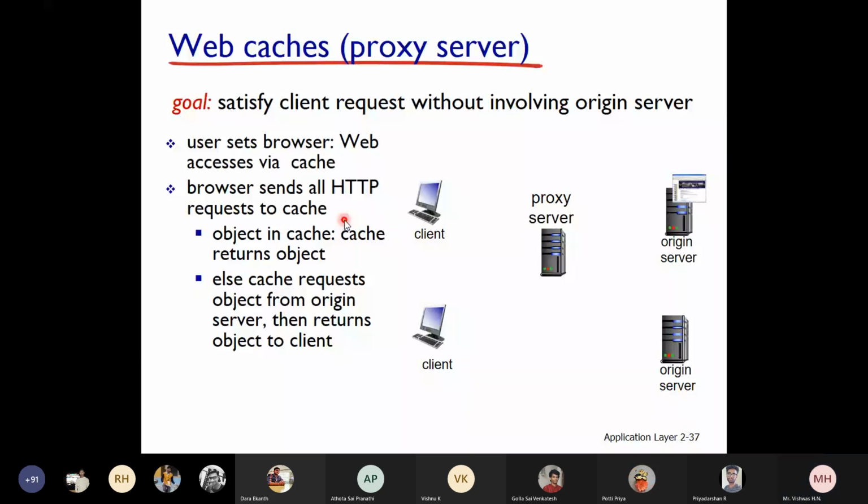We still see the web cache goal slide. Client, proxy server. Yes, sir. Again, you can't see the current slide. No, sir. We are seeing the web cache slide, sir.